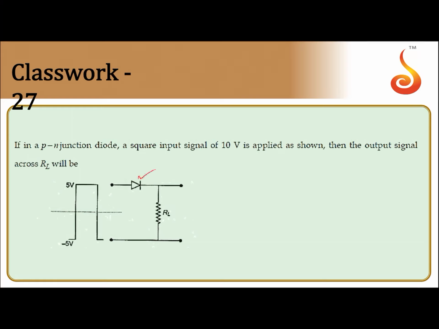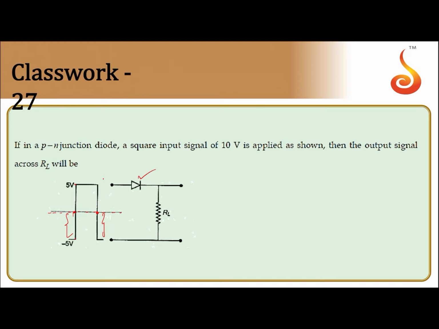So there is a single diode here, and this is the reference line. The signal strength varies from minus 5 volt to 5 volt. This is the zero level. Whatever is below 0 can be taken as negative voltage, and above that is positive voltage. Now when this square wave is incident on this,